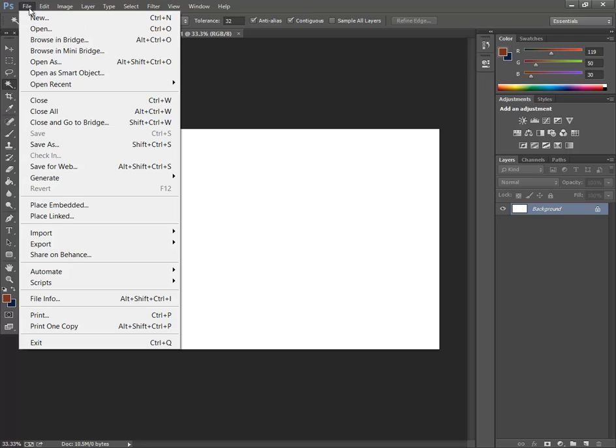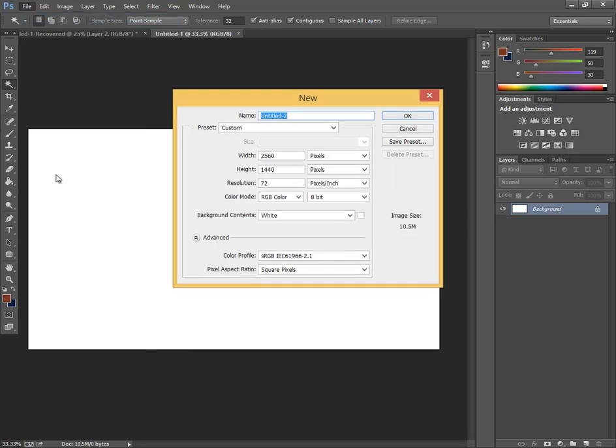click this file button up here. Okay, and then if you want to create a canvas, you click new. Okay, now this is the dimensions. This is quite important,